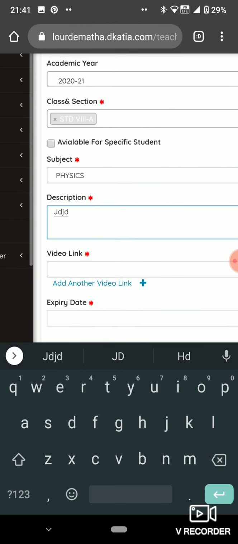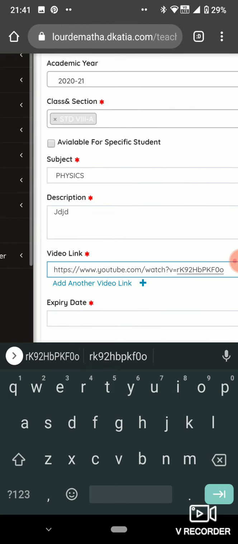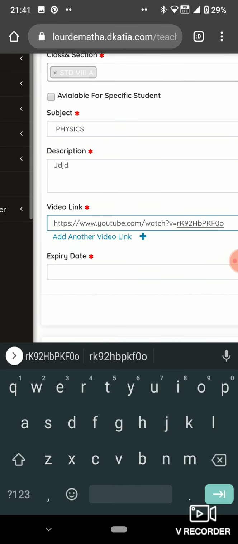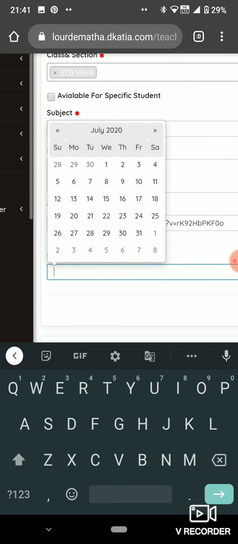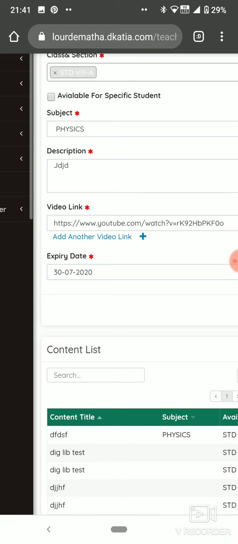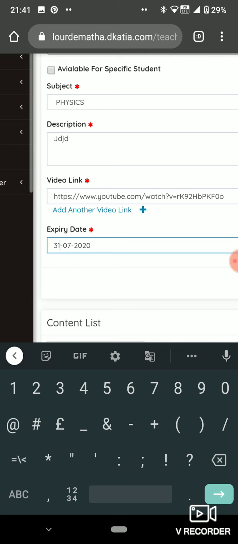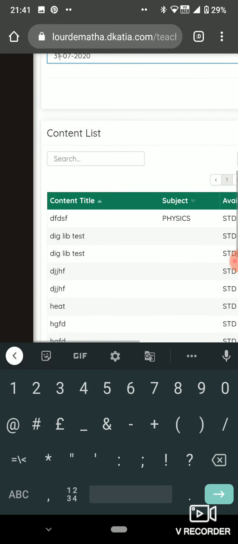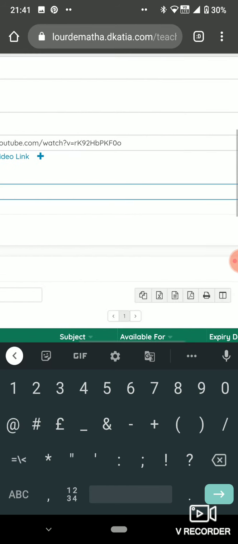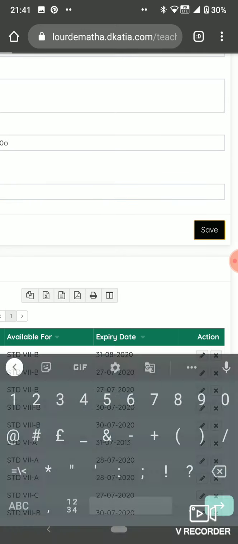Now copy that, paste that YouTube link which you have copied from there. Set an expiry date. Click on to save.